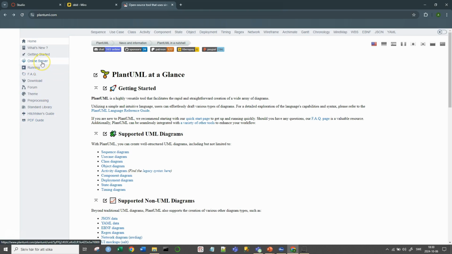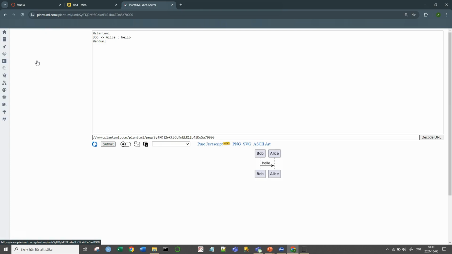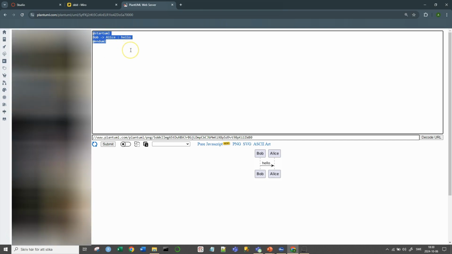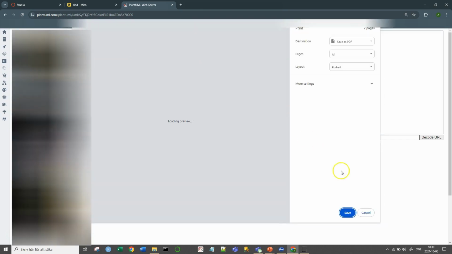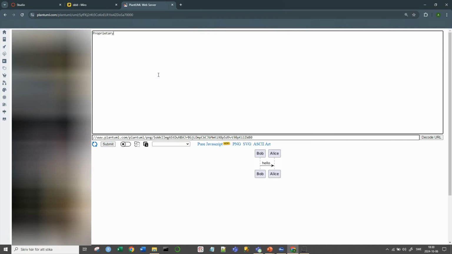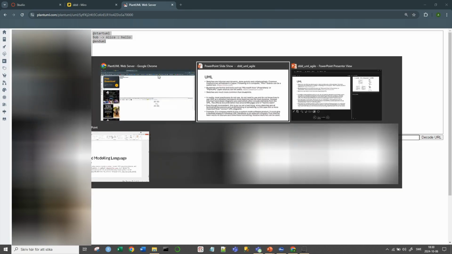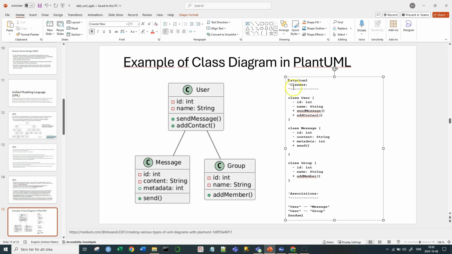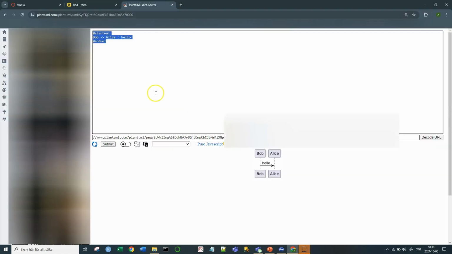Here I will go to the online server. So I press here the online server, and here I can paste in some PlantUML code that I have prepared. So let's see if I didn't copy it, so I will go to the slide and I will borrow this code here. So I borrow this code and go to the internet again. So if I paste in this code here